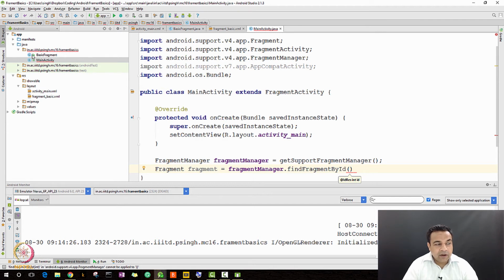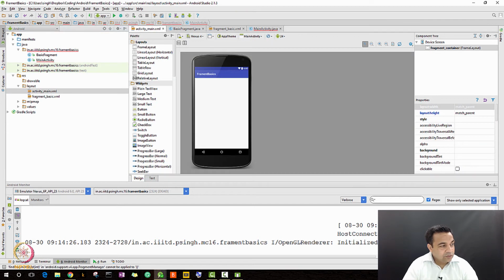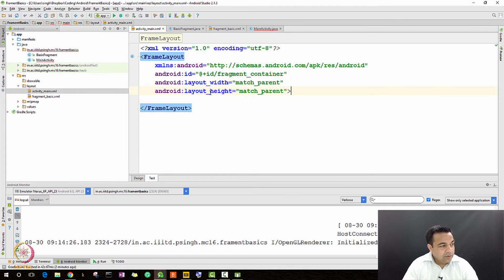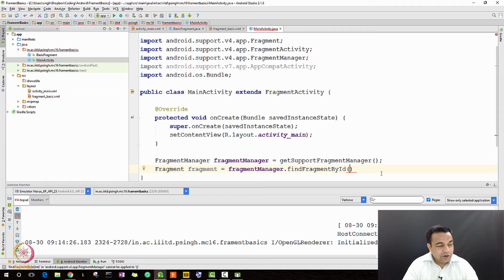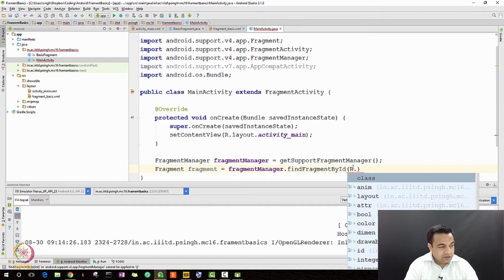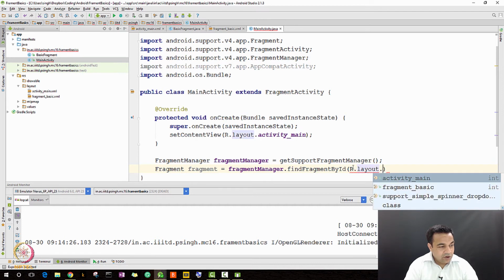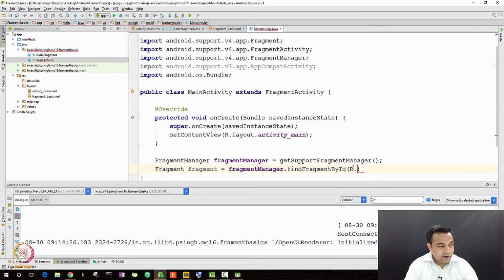So if you remember, I had asked you to remember this ID. This refers to the layout of the activity. We will pass it because we want to know if there is any fragment in this container. So r dot layout dot id dot fragment container,